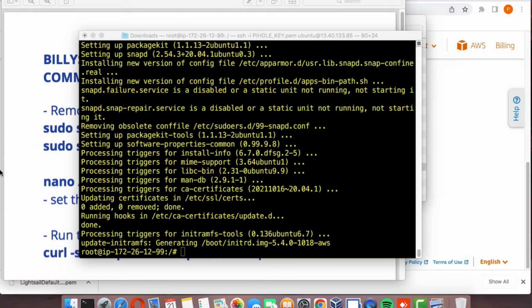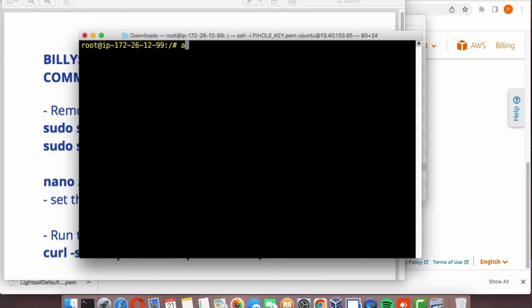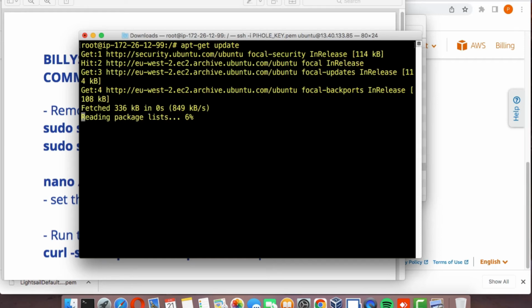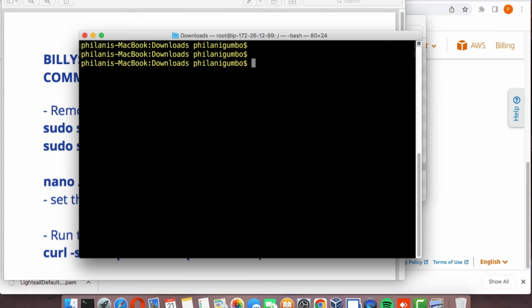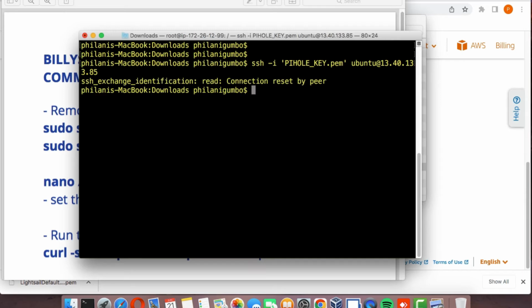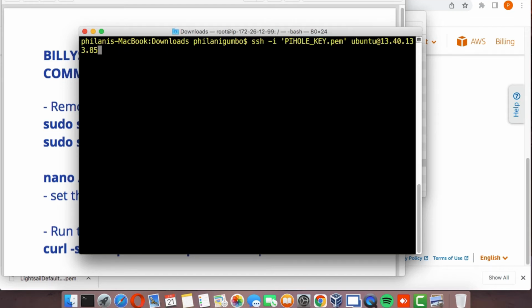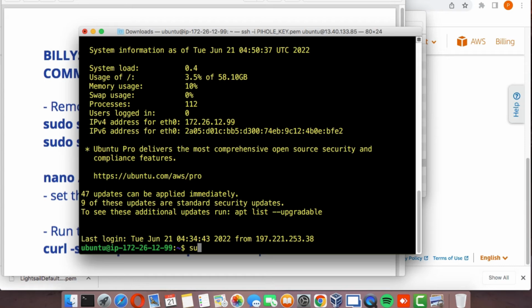Okay, so the package installation is complete. So I'm just going to clear the screen, and the next command that you need to run is apt-get update. So you just quickly run that command to update certain packages. Then once that's done, we need to reboot this instance so that the updates that we've just installed will take effect. It should just take a minute or so to restart. I'm just going to keep trying to connect until it responds. Okay, so I've reconnected to the instance,